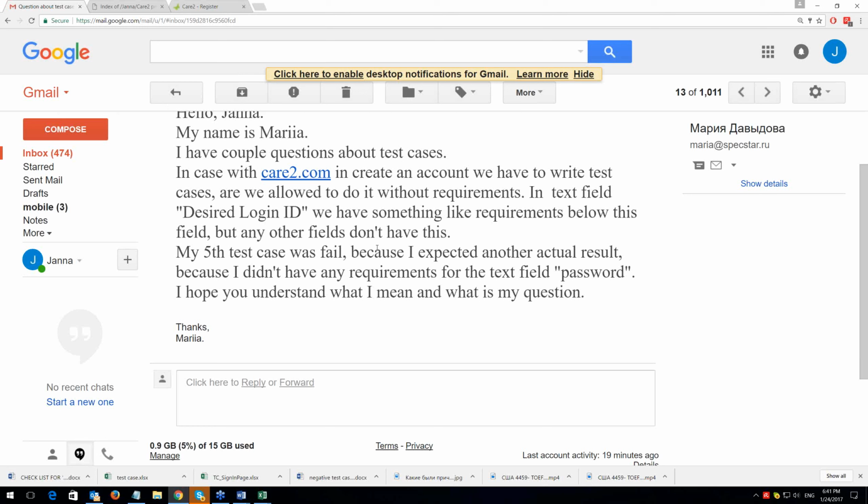This is how I want to answer that question. Yes, it seemed to be against each other. No requirements, no test cases. And at the same time, Janna for some reasons wrote test cases and asked homework was to write test cases. Yes, we have to. Is it clear? Any questions about test cases?